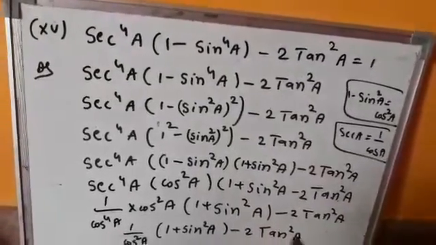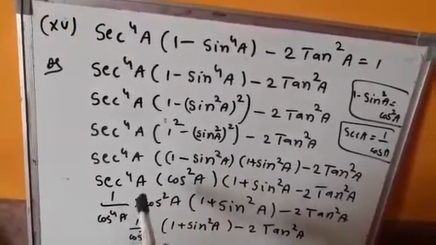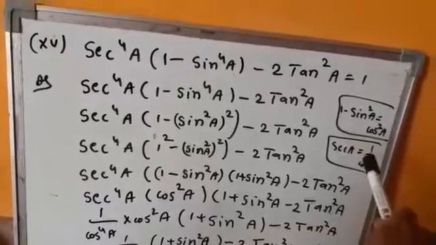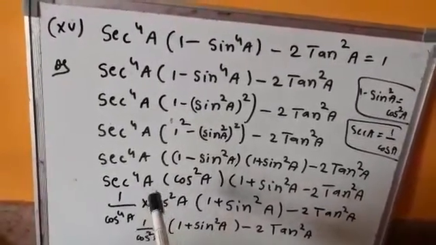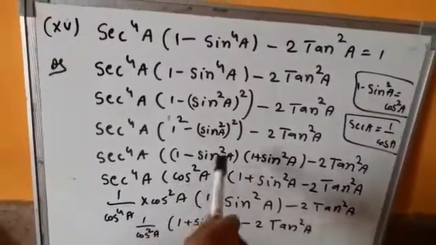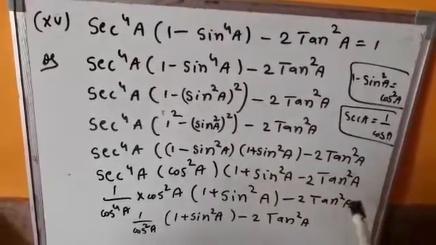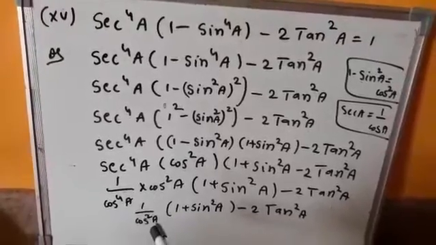Next see here, sec⁴a, you should convert to the reciprocal formula, 1/cos⁴a. Why? Because sec a equals 1/cos a. So that's why in the place of sec⁴a we should apply 1/cos⁴a into cos²a into, this is same, (1 + sin²a) − 2tan²a. Next see here, 1/cos²a